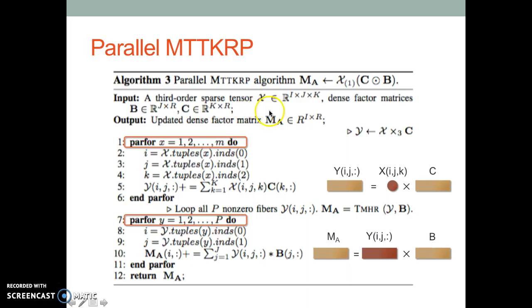Now our parallel MTTKRP algorithm is like this. We have two parallel sections. The first section computes each non-zero entry of the tensor with a row vector from matrix C to generate another row stored in Y. After the first parallel section, we get an intermediate tensor Y, and then in the second parallel section, we do the element-wise product of each vector from Y with the row vector from matrix B to update the matrix